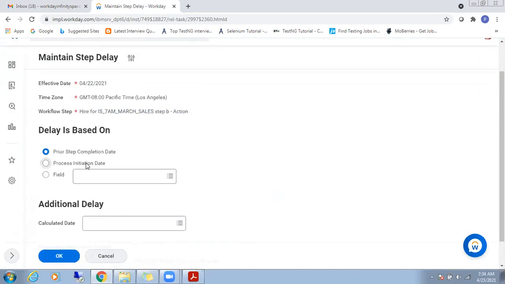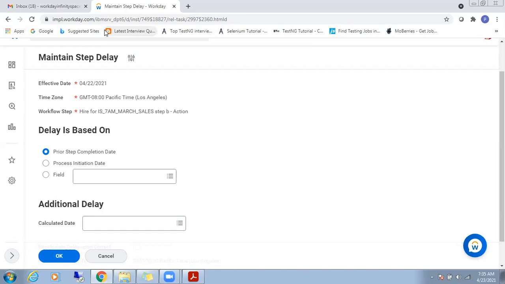Okay, so we are going to delay the particular step. For example, if you are going for any approvals, or you are going to wait for a few of the approvals. For example, you are waiting for the signature on a particular document. Only after receiving the document will you start working on other processes. So you want to delay the step until you receive the documents. So this is nothing but delaying the step.